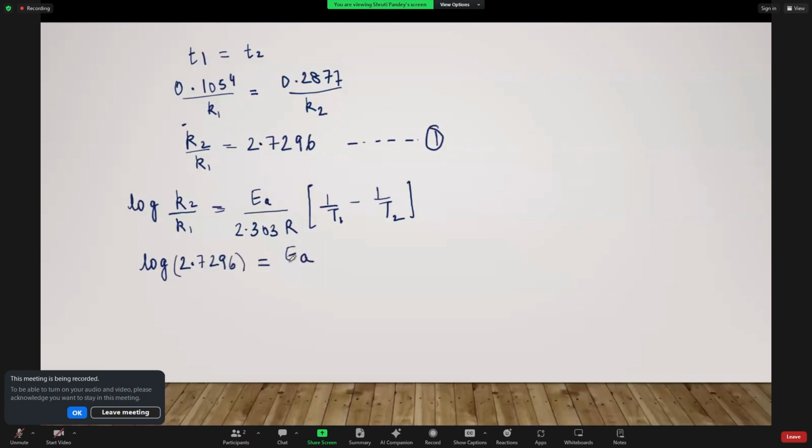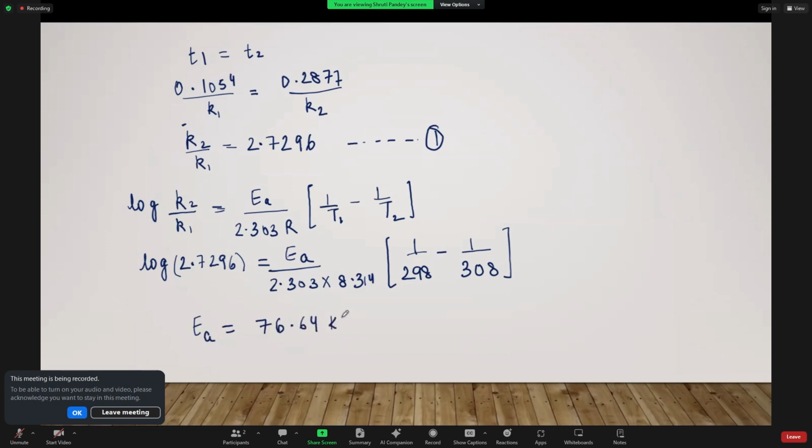Activation energy हमें नहीं पता, 2.303 into R is also known, 8.314, and temperature is also known. So initial temperature T1 was 298 and final T2 was 308 Kelvin. In Kelvin में ही temperature डालते हैं. ठीक है, तो in this whole complete equation you are able to see कि only this activation energy is the unknown over here. ठीक है, तो you can very easily find out on calculation the value of activation energy, which will come out to be